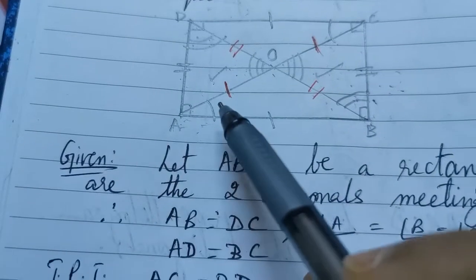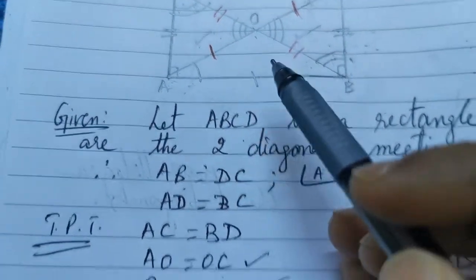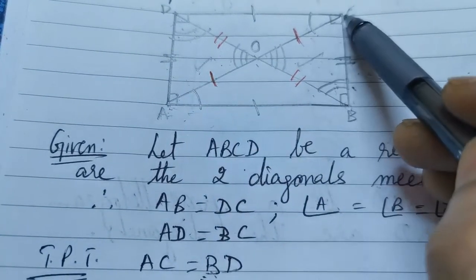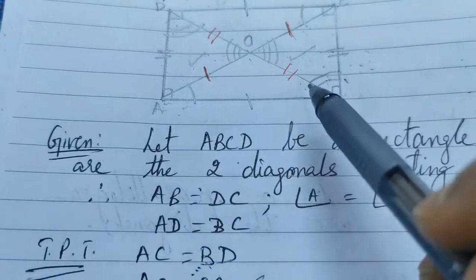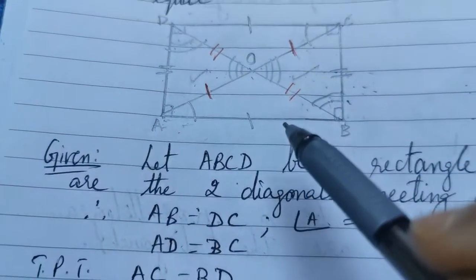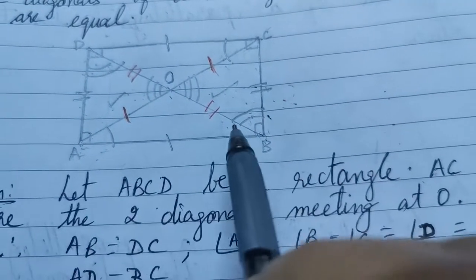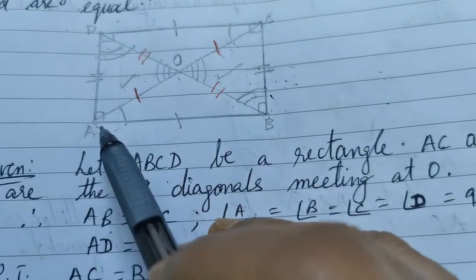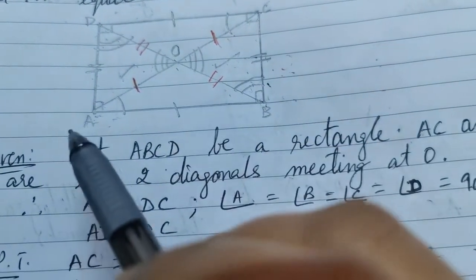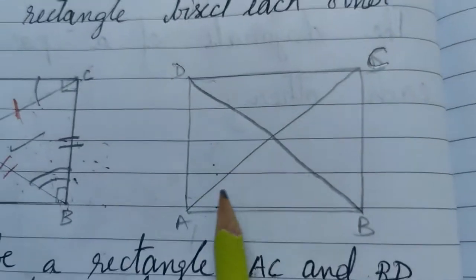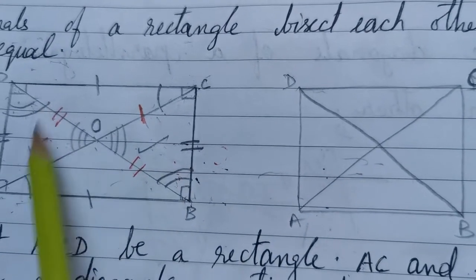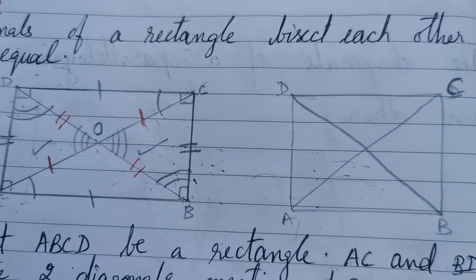So we have to take any two triangles which have AC and BD in them as one of their sides. So AC is here and BD is here. We can take any two pairs which include AC and BD. I will take ABD which has BD and ACD which has AC. So I'm drawing another figure. It refers to the same rectangle. Just to avoid these markings, I'm making a new figure.